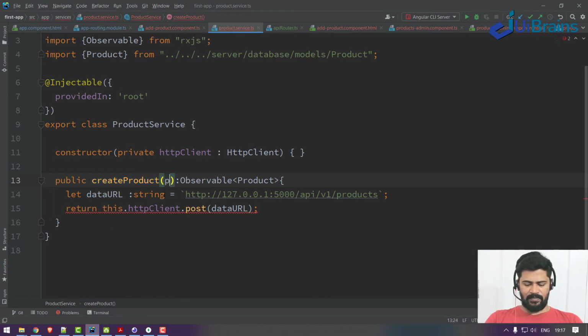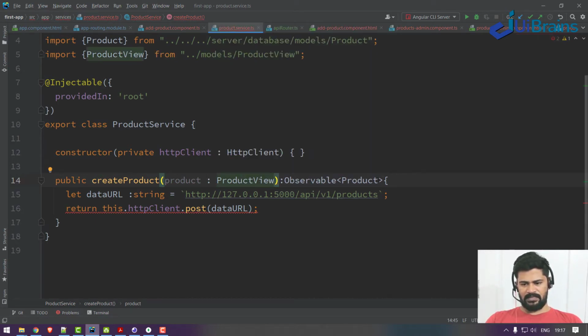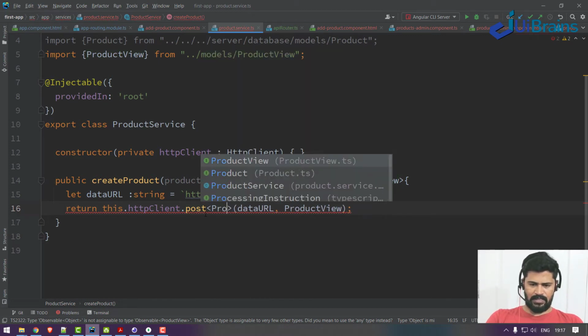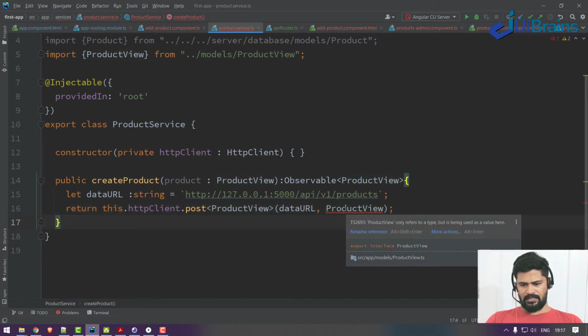Okay, so let me provide the product as well of type ProductView, and this also ProductView. Okay, and you get the ProductView objects. And this will also return a ProductView.